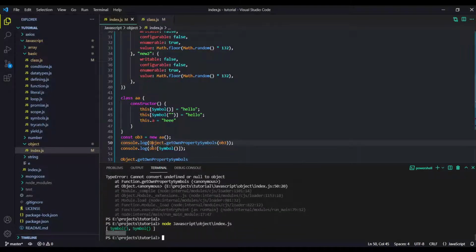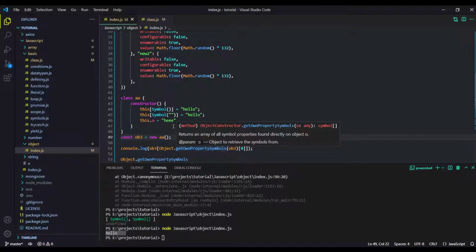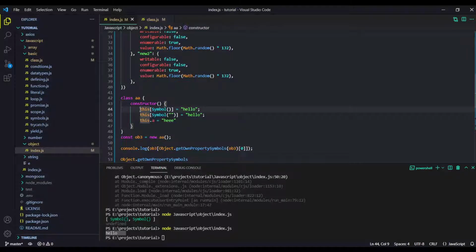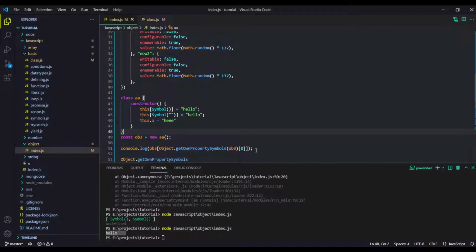But what if you want to get it? It is pretty similar. You just do this, and instead of symbol, you will just do this, and bam. It will help you to receive this property. So this thing is very useful if you want to snatch or change or get a secret hidden property of a class. It is pretty simple. As you can see, the getOwnPropertySymbols function will return each and every symbol, and the names function will return each and every name.